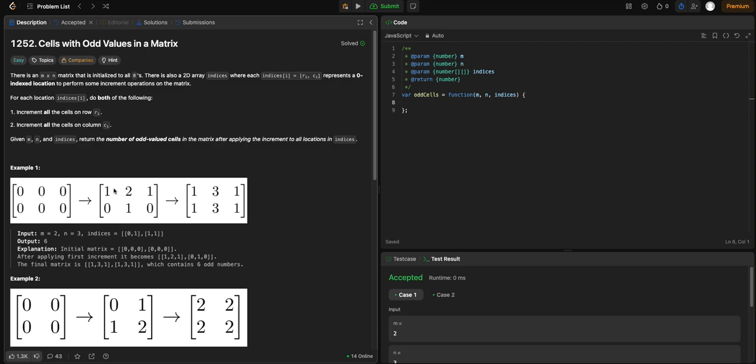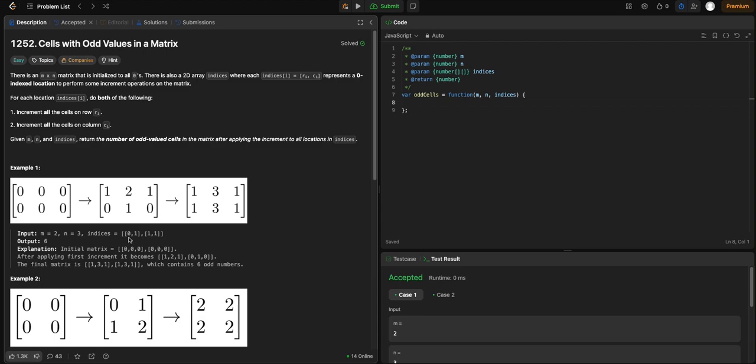This number, whichever column the index of that is, is being incremented, right? And we need to go through each array, each inner array, right? So what's going to happen here is once we get to this,